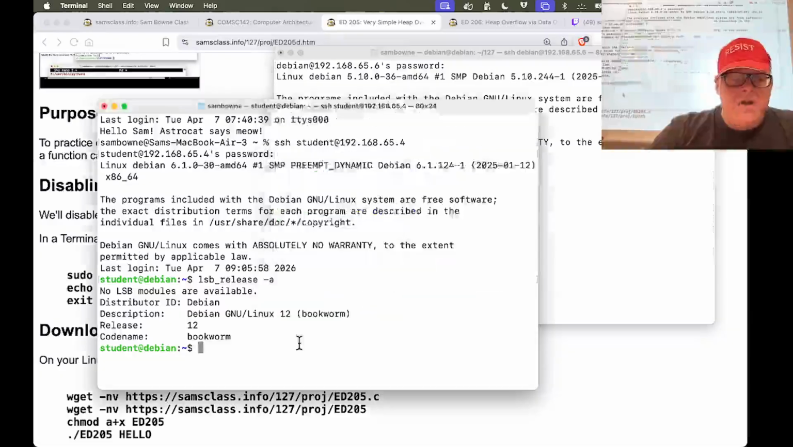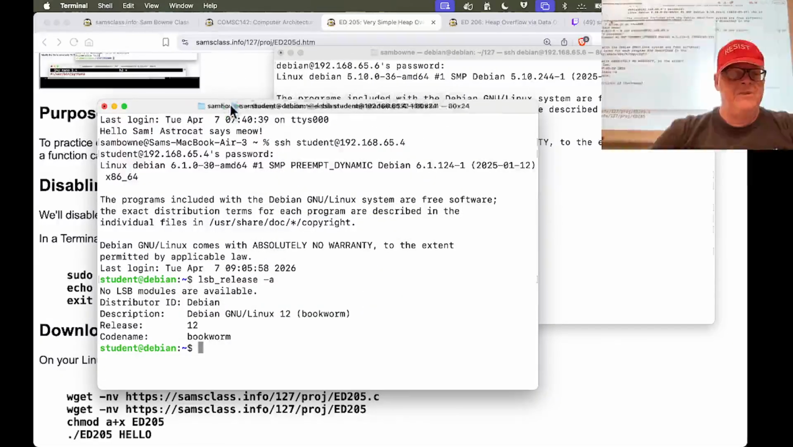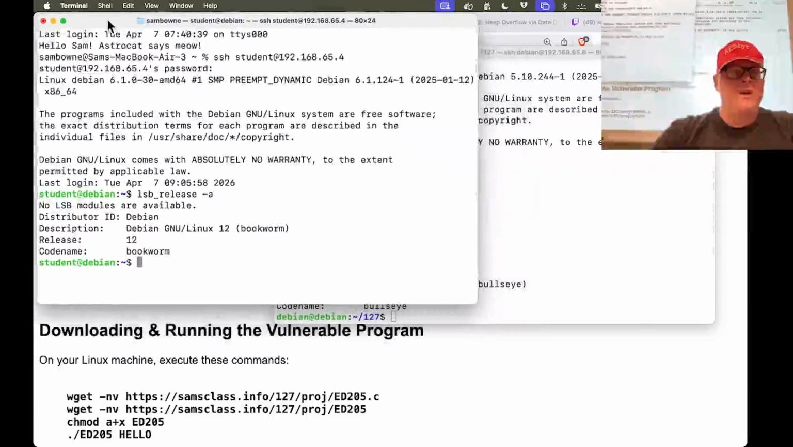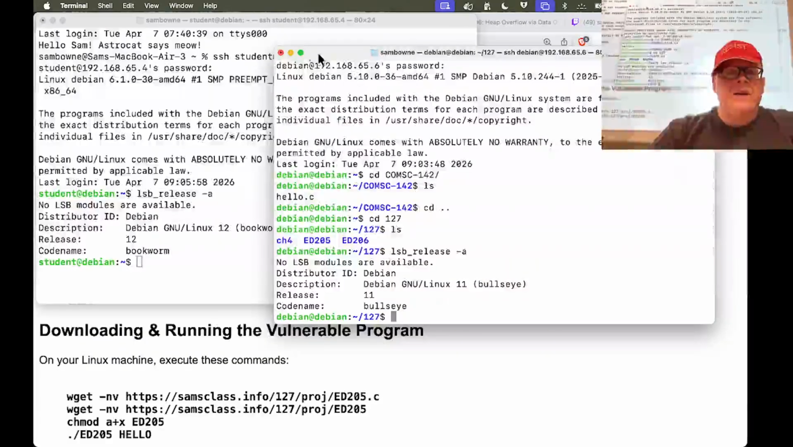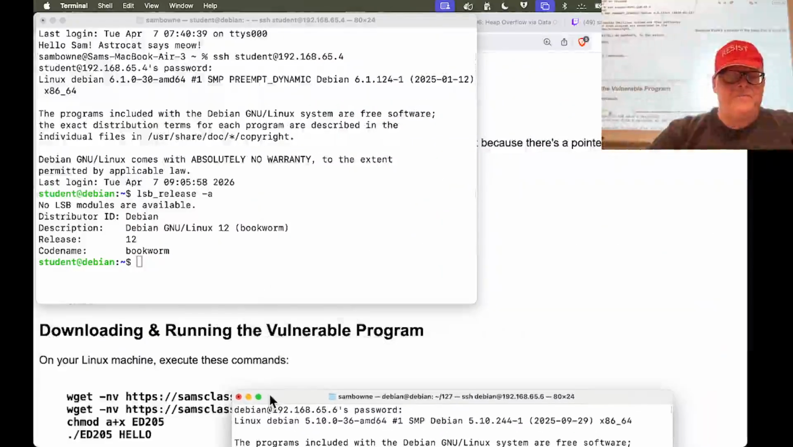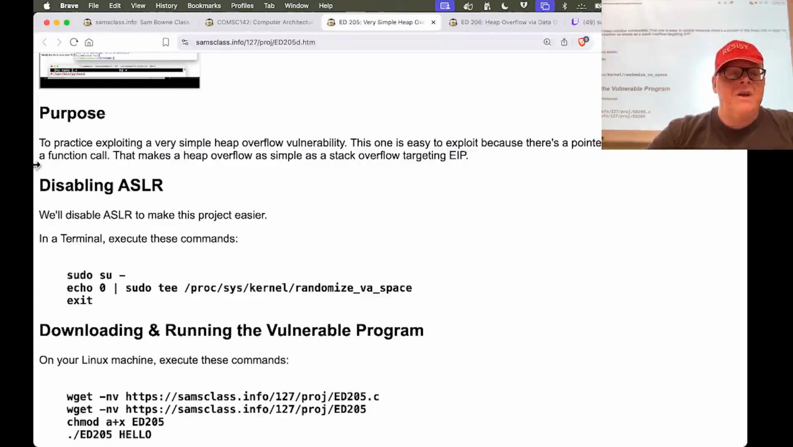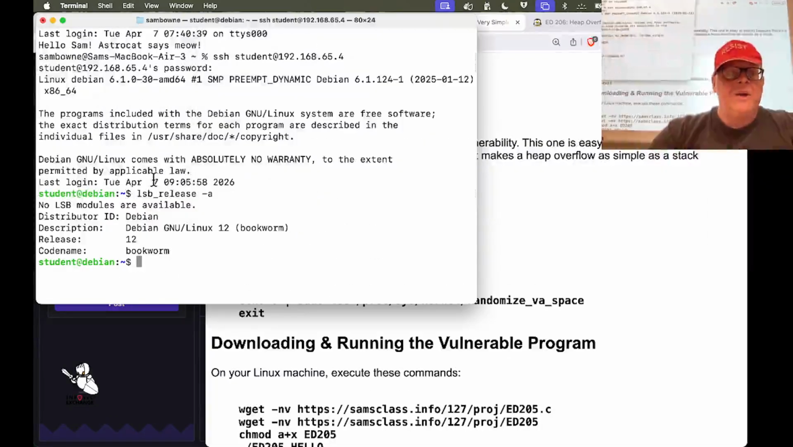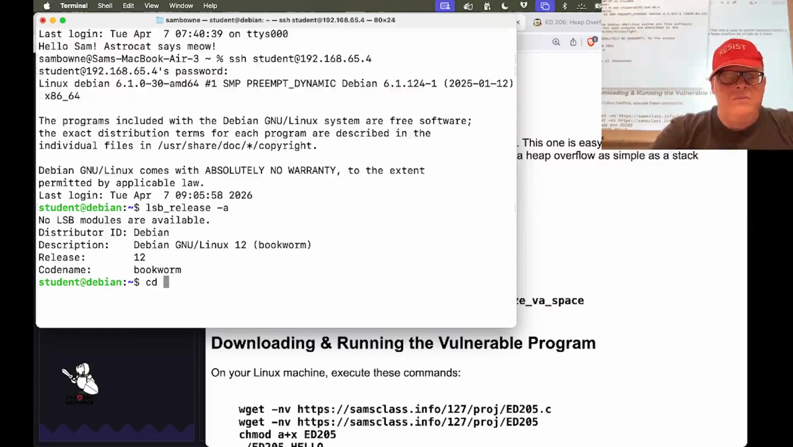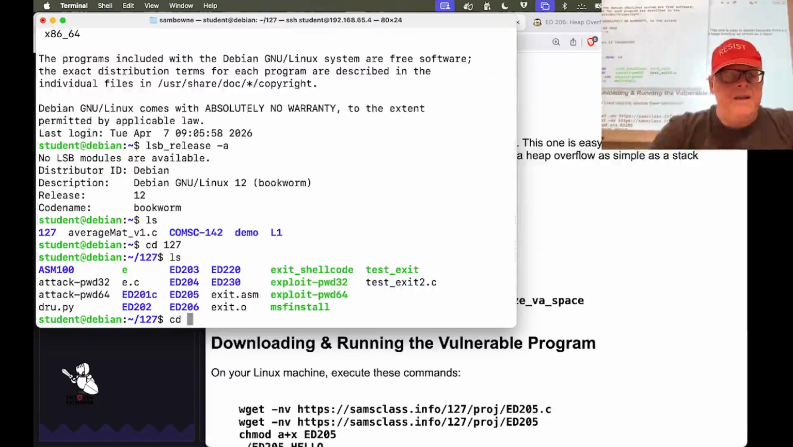So I have two machines here. This one is Debian 11. This is the one I'll use for this project, this Debian 12 machine. Let me put this up here, all right, there we are. I'm going to make it bigger and see what directories I have here. I think it's in 127. Yeah, ED